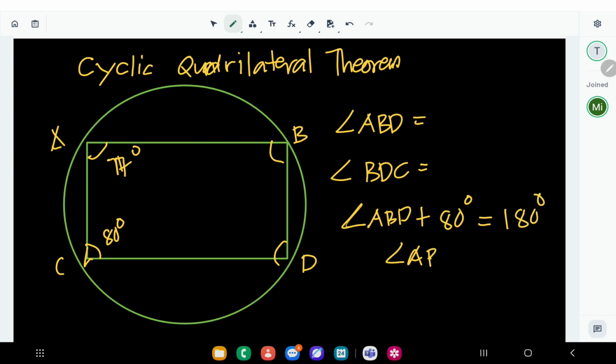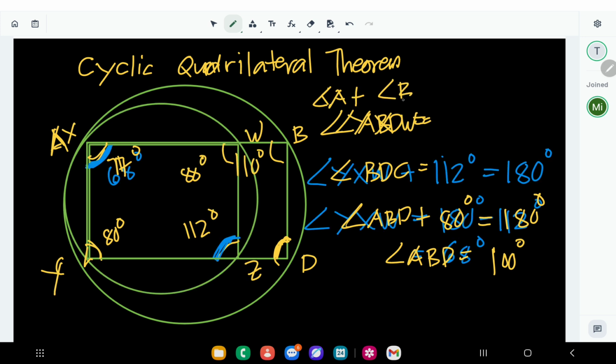So what is the measure of angle ABD? Right, so angle ABD is just equal to 100 degrees. How about angle BDC? So this is 100 degrees. BDC is this one. And we're given angle A. Angle A is 77. So since they are opposite angles, angle A plus angle BDC,